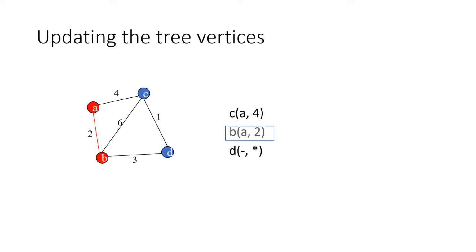Now again we have to find the vertices that are reachable from these two vertices, because now the set of tree vertices is updated. Earlier we had only vertex A in the tree vertices, but now the vertex B is also added to it. Hence, from these two vertices we have to find the vertex that is reachable with minimum distance. Okay. So now,